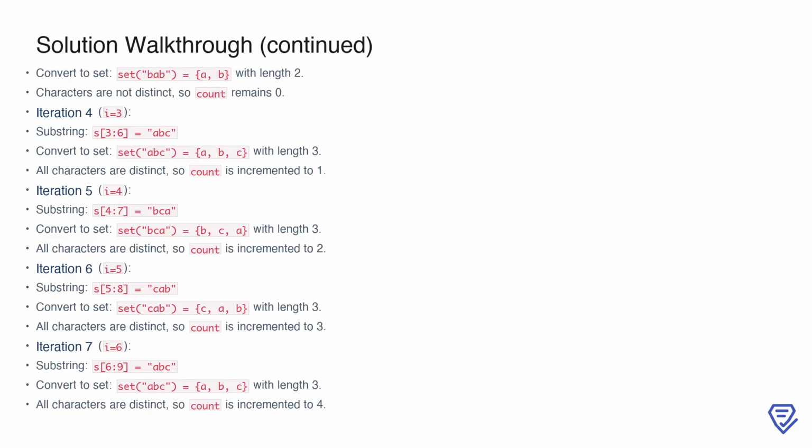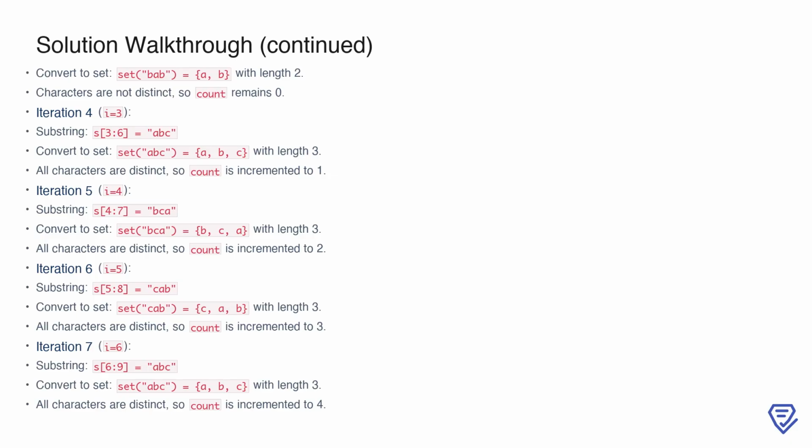Finally, in the seventh iteration, i equals 6, the substring is abc. The set a, b, c has a length of 3, so we increment count to 4. After completing all iterations for this example, the total count of good substrings is 4. This demonstrates how the sliding window efficiently calculates the result by focusing only on substrings of size 3 and checking